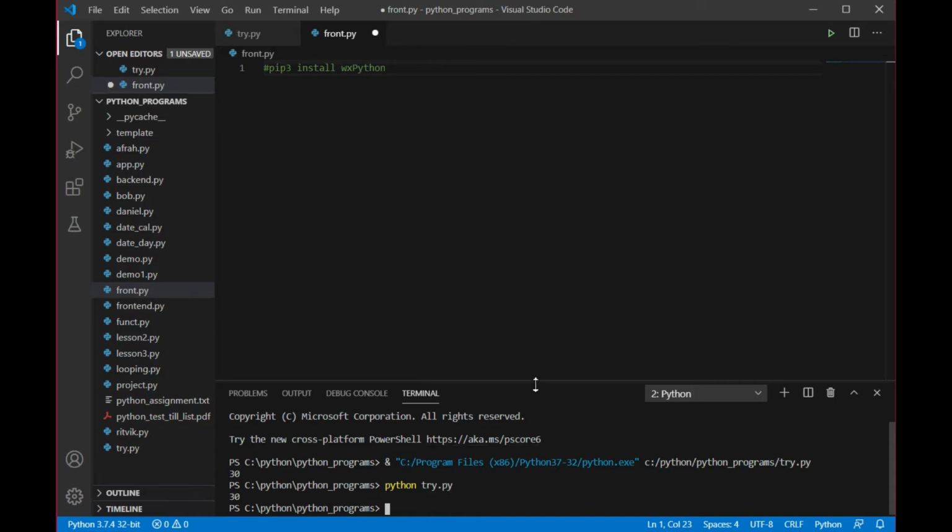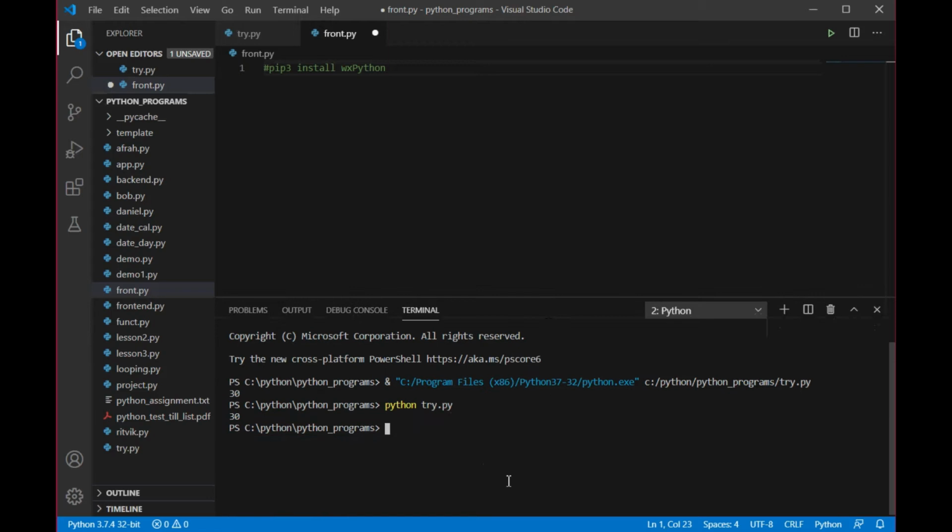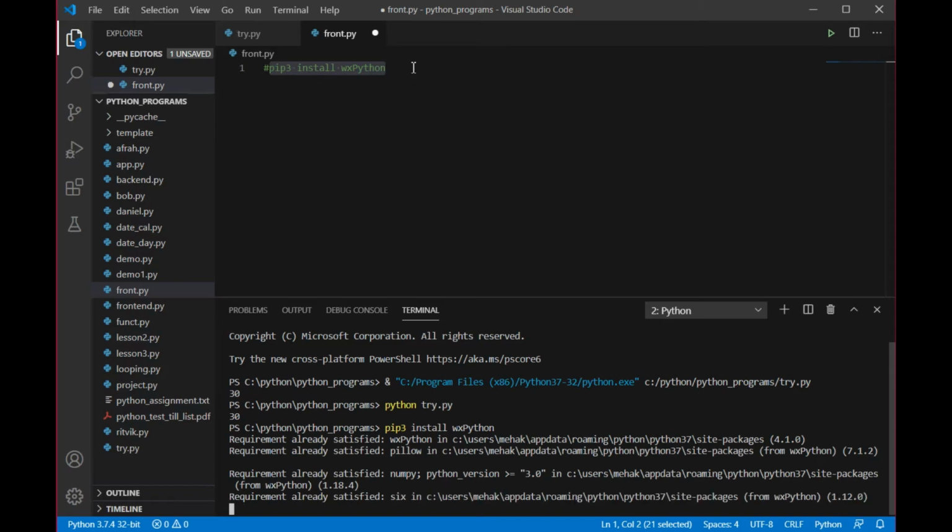If you can just see my console, my output screen. I'm going to write this same thing here, but I have already installed this on my system, so it is not going to give me any kind of error. But if you are installing it for the very first time, maybe it can throw you some kind of error or warnings. If it is going to throw warnings, then you can simply ignore the warnings.